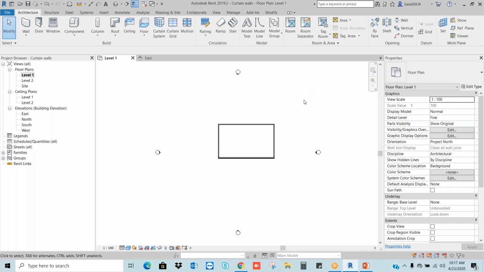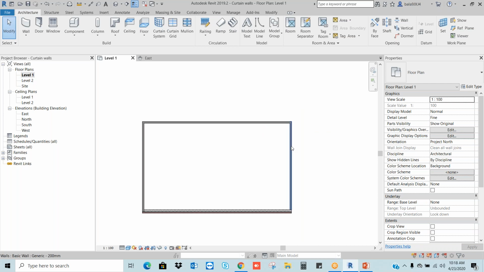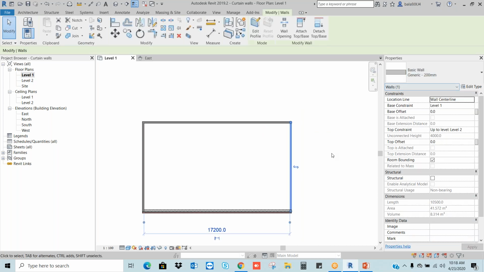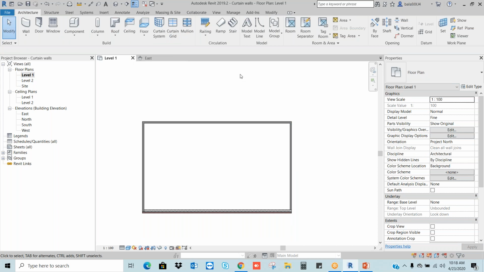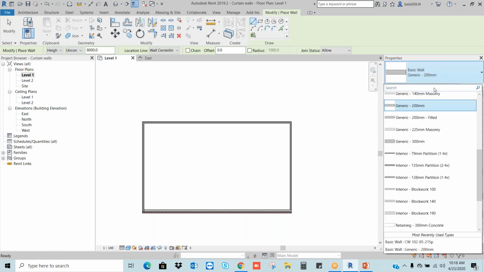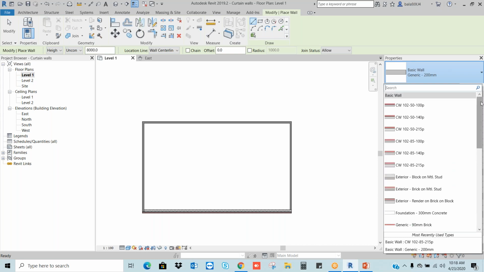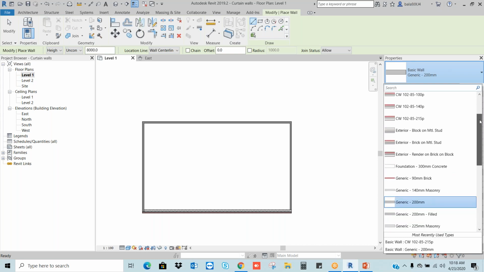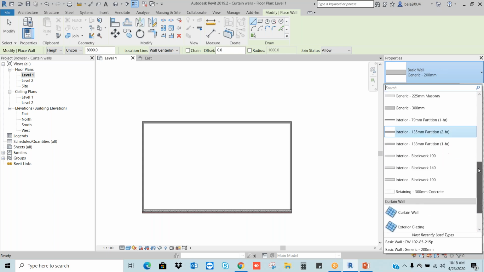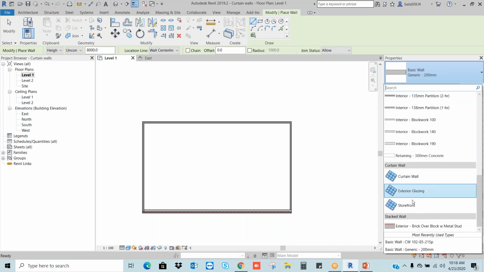So now our subject is to create the curtain walls. Here we have these walls, this kind of wall we are calling civil walls. And we have different walls, as we know, civil walls and curtain walls. If you see in the architecture, here we have walls. If you go to the walls, you can choose any kind of wall. We can create any kind of wall according to our project requirement. This time what I'm going to use is curtain walls. Curtain wall is also one of the types of wall.